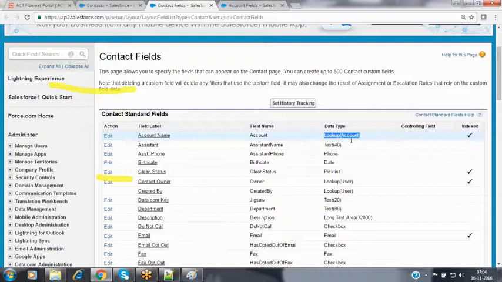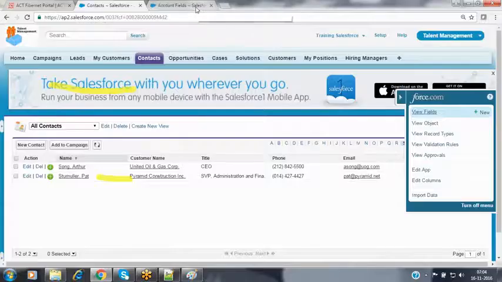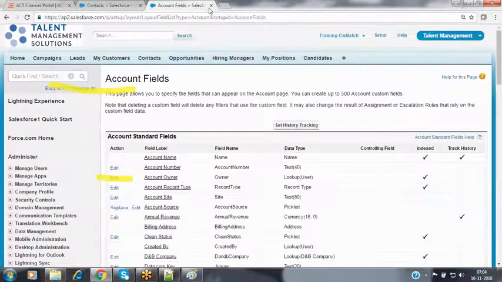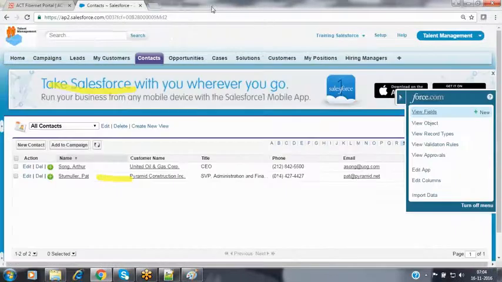If it is a lookup, then automatically it will be holding the ID of that account record, not the name. So this is an account ID field; the API name is account ID. Alright, okay, account ID. So if you're debugging, and you have to go to the database and look at it, then you have to go by account ID, right? Account ID only. We have to use that account ID. Alright, okay, thank you. One last question, sorry. This is for all the master-detail and lookup relationships: the parent's record ID will be stored even if it is displaying the name across all of them? Yes. Correct.